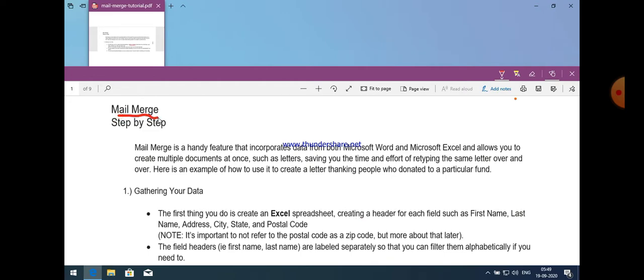We understand this step by step. It is used in Microsoft Word, and Microsoft Excel is also required to implement mail merge. It basically creates multiple documents at once, such as letters, etc.